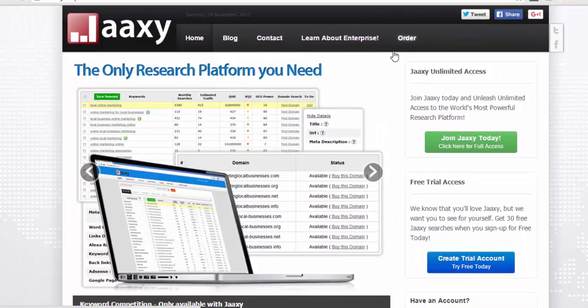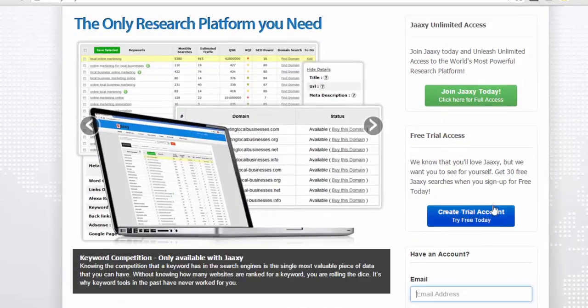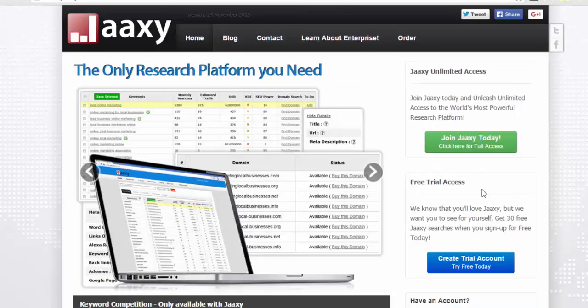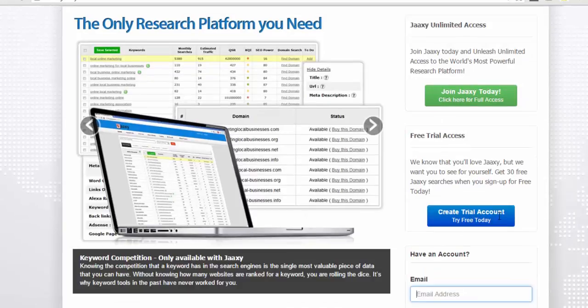They have a free trial where you get 30 keywords, and when you're just starting out, that's when it's most important to know what keywords you want to rank for. You can use this for the first month, and most people are really only interested in getting their website ranked for a few keywords. So you can do this completely free.